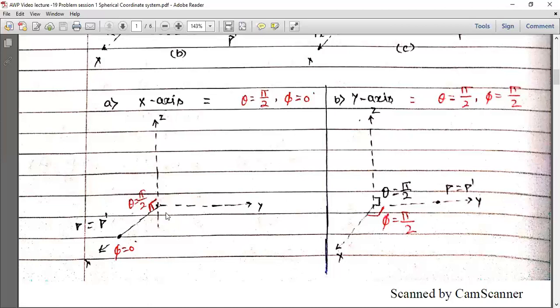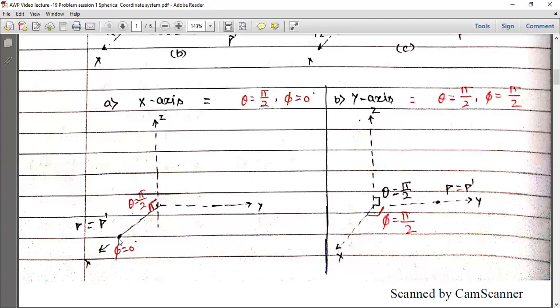Okay, and if it is so, the angle phi is given by joining the origin O to P dash. So you are joining OP dash. OP dash is the same as the x-axis, and phi is the angle between this OP dash and the x-axis. Since OP dash, OP and x are all collinear and overlapping each other, there will be no angle between them, or better to say there will be zero angle between them. So that's why the third coordinate phi is also certain: it is zero.